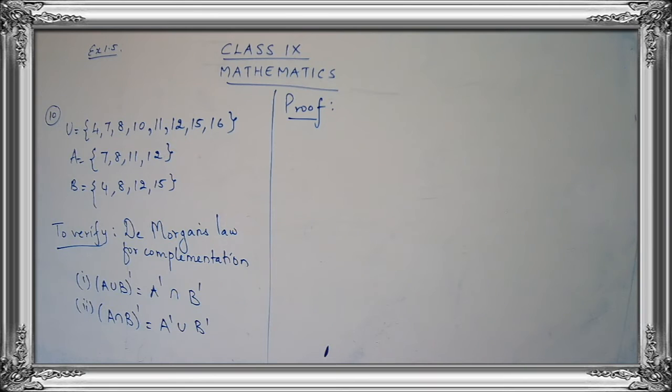You have to be quick. We are just using the same concept of union and intersection that we have studied in our previous exercises, children. So just be thorough with the concepts. You should know how to find the union, how to find the intersection, and how to find the difference, or the set difference. We have studied how to find A minus B, how to find B minus C, and also how to find A dash, B dash, and so on. So you should be thorough with the different set operations. Are you getting my point, children?